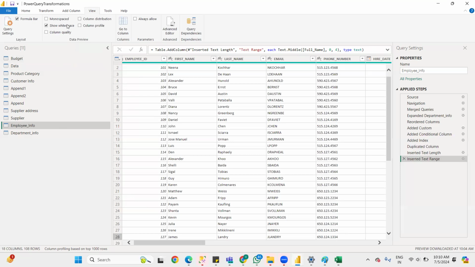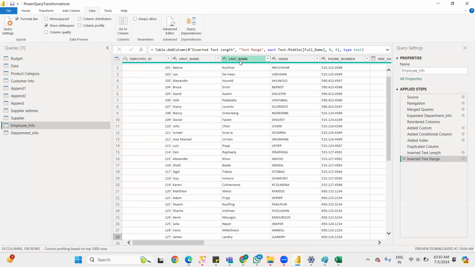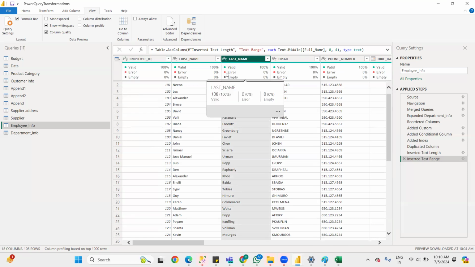So monospace, any spaces or white spaces within the screen, we can give it. Column quality. You want to check how the quality is for that column. So go for last name. Click column quality. It will give valid, error, empty percent. Automatically it will give the statistics. This usually gives how many valid data are there, 100%. If there is any error data, it will show that percent. Total number of records, for example,